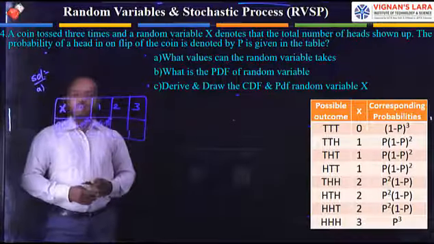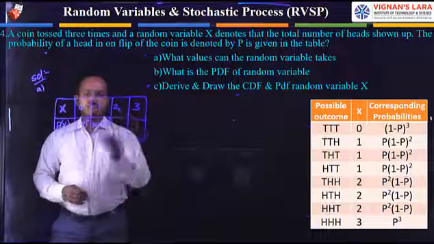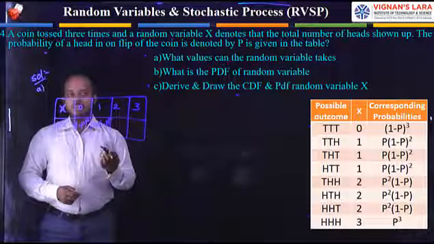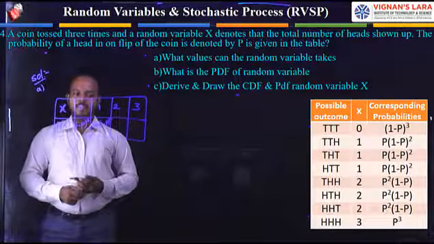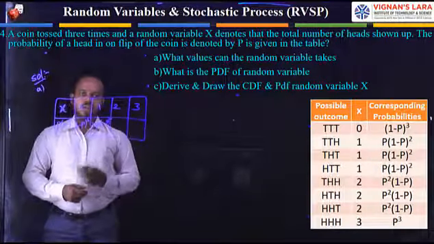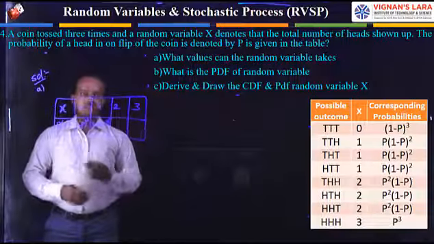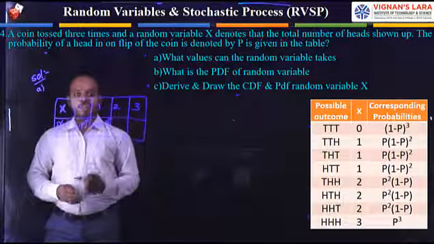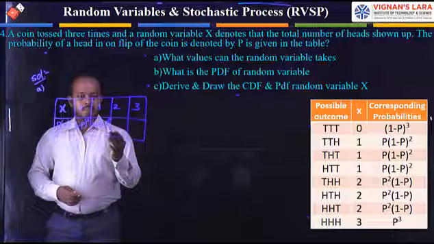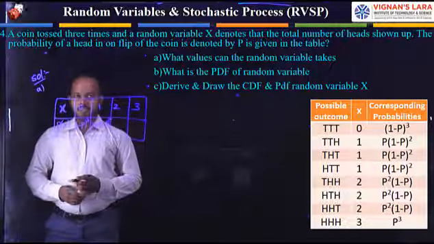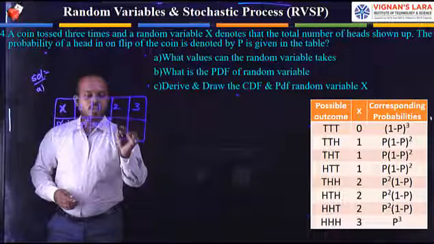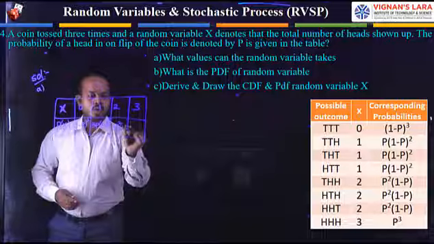So coming to the next one. The next one is 2 heads appearance. For 2 heads appearance, how many probabilities do we have for getting the 2 heads? Totally we have 3 elements. We make the summation of these 3 elements, and the summation value we write under the element 2. The 2 heads appearance is p square into 1 minus p. Here we are making the summation, and we write 3 p square into 1 minus p.